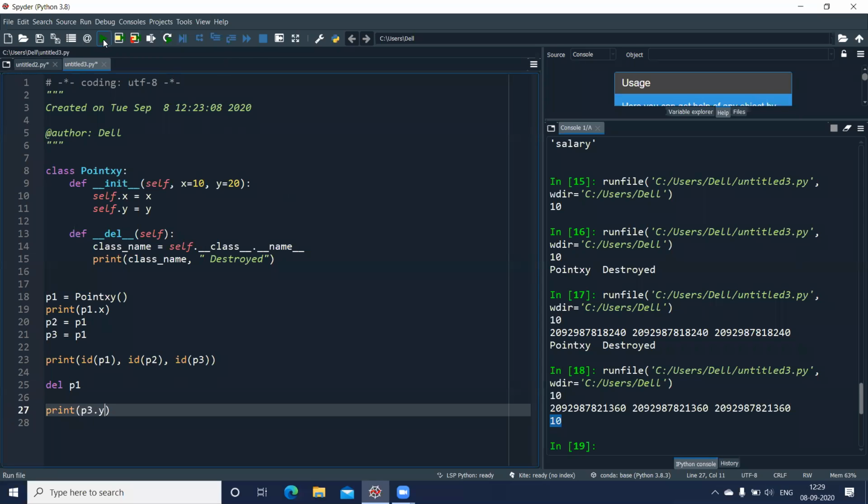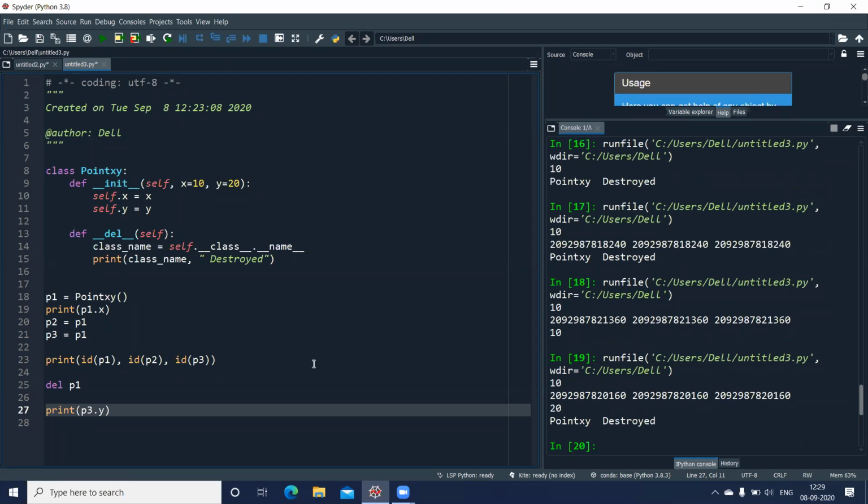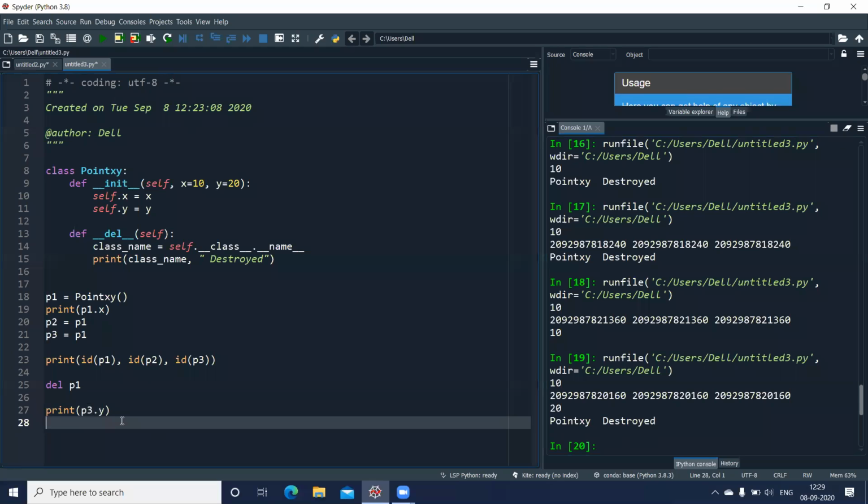I have only one minute left. Quickly we can complete this, and you can see this. After completing the whole thing, you can also find the destroyed message. When I try to close my file, the object will also be destroyed. So by default, the objects are destroyed when the program is terminated. That's the reason. In fact, we should have got this Point xy destroyed before also. When the program got stopped or ended, it should have given you this message, Point xy destroyed. I'll just stop the recording.